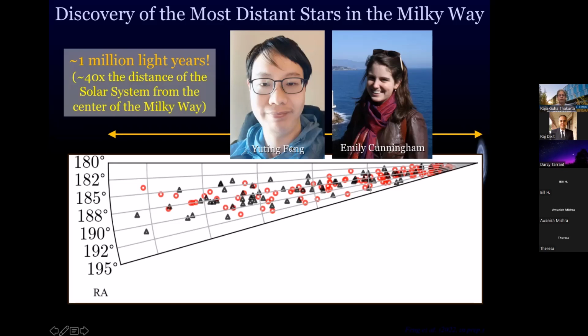Professor, I think you may have answered this already, but I put it in the chat room. Isn't 1 million light years halfway to Andromeda? Isn't that outside the Milky Way? Well, it's defining the Milky Way, right? It's outside the disk of the Milky Way, but we think this is the halo of the Milky Way. And it's not quite halfway to Andromeda. Andromeda is about 2.5 million light years away. So it's practically halfway. Okay. Now, mind you, these stars are not in the direction of Andromeda, but us and other people are finding these stars in any direction they look. And you can see from this map here that